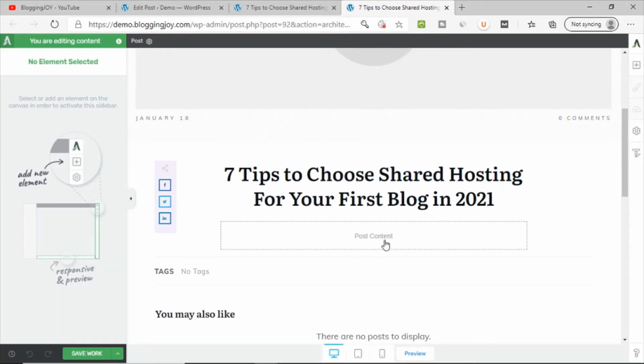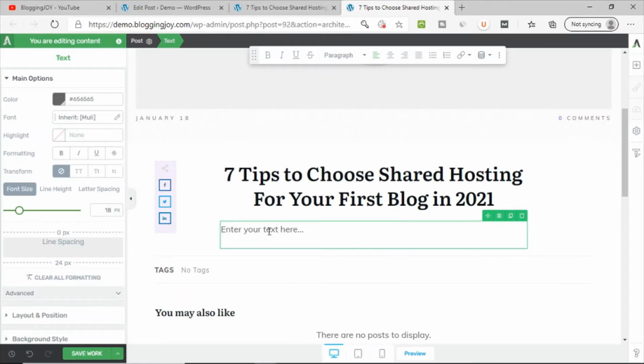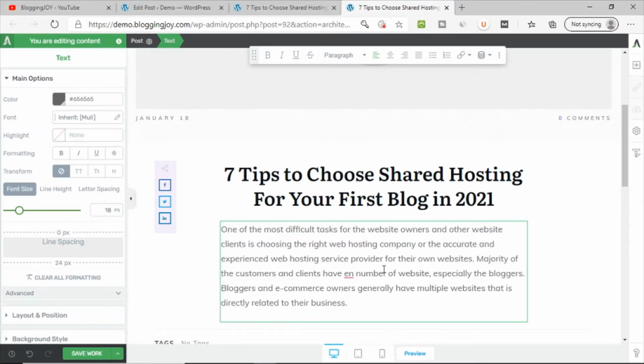Now, in that, if you want to write content, on the right side there is a plus button. You can click on it and you will find there are plenty of elements. Now you have to use those elements. So what are those elements? Let's say you want to add a paragraph, simply add the text. Let's say I have copied a part of content, I want to paste it here. So this is the first paragraph I have added.